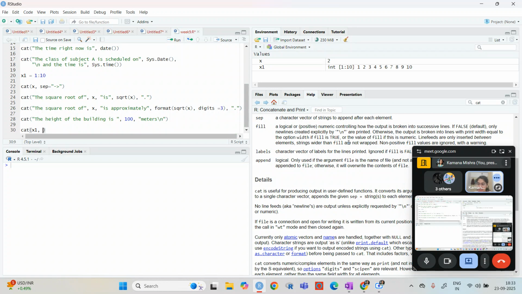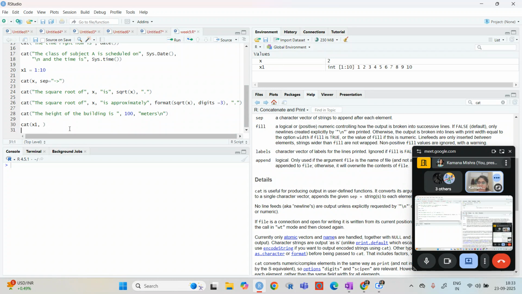If we have x1, then we can fill it by 2, 3, 4.